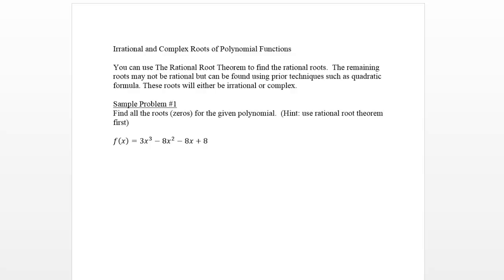Okay, to start off lesson 6, we're just going to work a sample problem that you would see in lesson 5. It pretty much looks the same and starts the same, but what we're going to show you in this particular problem is that even though you're going to use the rational root theorem, when you pull the linear factor out of the cubic, your remaining quadratic may not be factorable, which would lead us to completing the square or the quadratic formula. This may lead us potentially to irrational roots or complex roots,